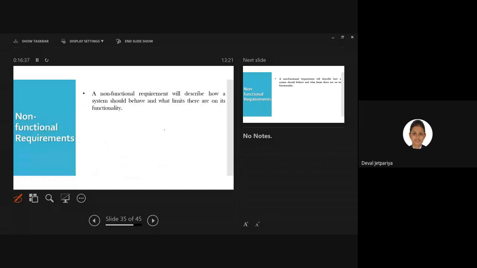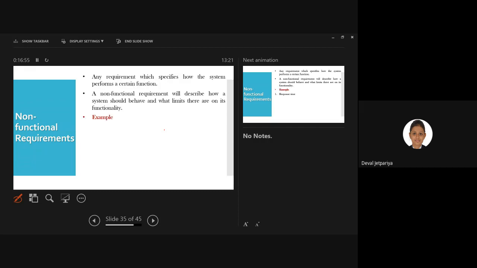A non-functional requirement describes how a system should behave and what limits there are on its functionality. So they are not functional, they are non-functional.